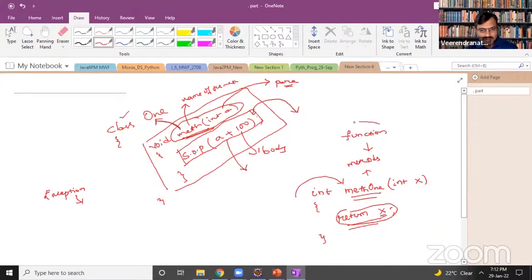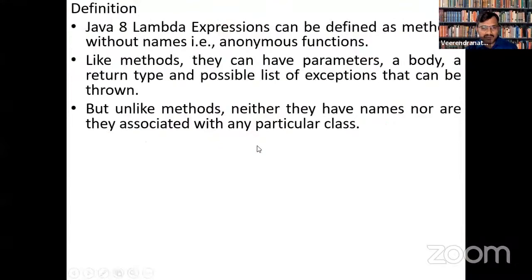That is the main logic of the function: they do not belong to any class. Take Python or C programming: they have functions which do not belong to any class. Of course, Python can have classes also, but that is a different case. Okay, so that is the point here.